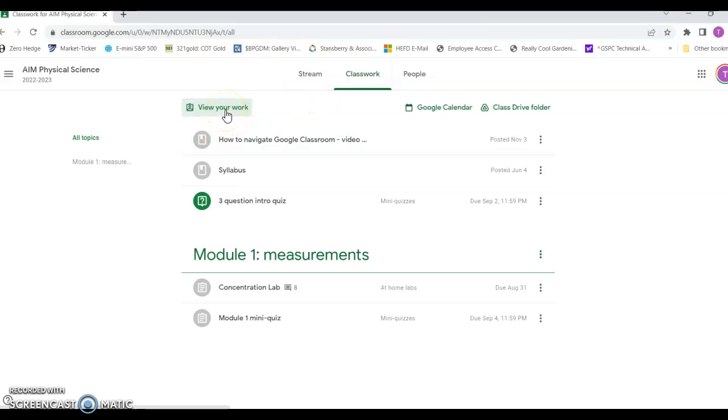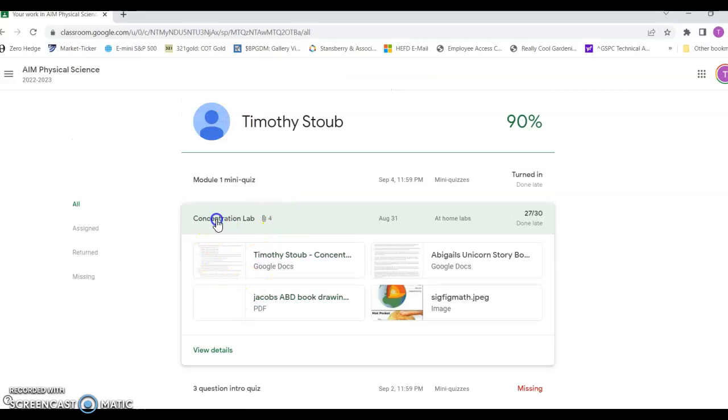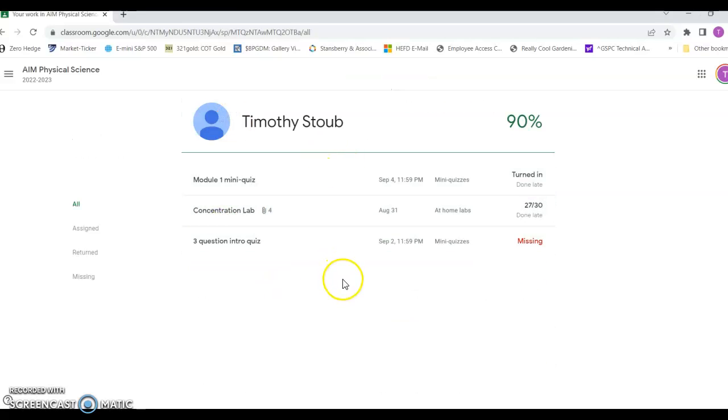So this is kind of my dummy account. It just gave me enough things to show you what's going on. If I go to view work, normally it'll come up and show like this. You'll see anything that's missing, and something that's turned in that I haven't quite graded yet is going to be in there. You can organize it on the left-hand side here, and your overall grade is going to be a weighted